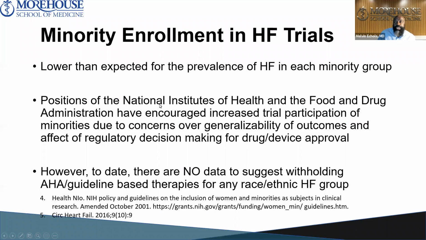Trial participation of minorities is lower than expected, we know that. The positions of the National Institutes of Health and the Food and Drug Administration have encouraged increased trial participation in minorities. They have gone through iterations of documents and statements that are strongly suggestive of including minorities in clinical trial research. However, not completely